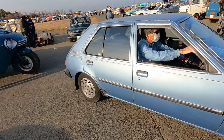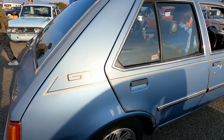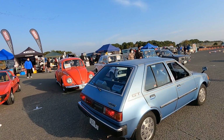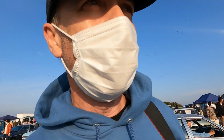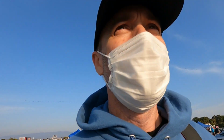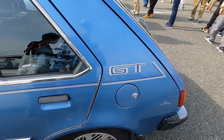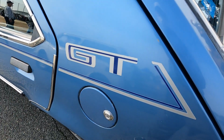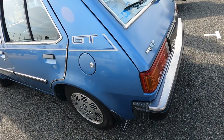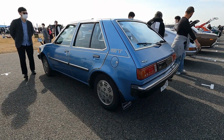Okay, get comfortable people, because as mentioned I spoke to the owner. I've got a couple of stories for you and we do get to see the engine and the interior of this miraculous car. Our story starts 14 years ago where the owner was in Kobe, probably downing some Wagyu, some Kobe beef, which has nothing to do with that story. He saw the car and he bought it on the spot. He wasn't really looking for a car such as this one. It's such a rare car. He had not seen any others about the place such as this Mirage. He just got it. And at that time there were 40,000 kilometers on the clock,